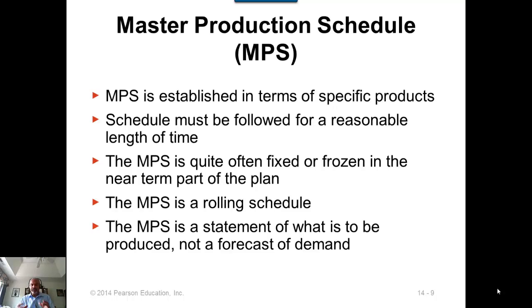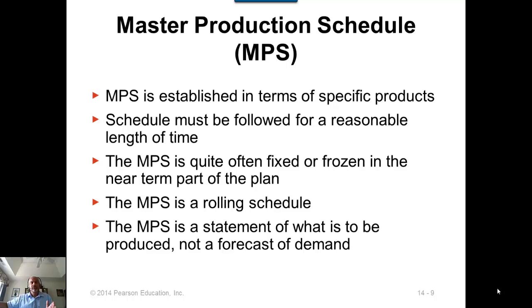The reason for that is if you allow changes in the first few weeks, those changes will snowball down into a lot of changes in the shop floor activities, and people will have no faith in the actual plans that are being implemented, because it keeps changing all the time. And this is called system nervousness. Small changes at the top will make a lot of changes at the bottom. So to avoid this system nervousness, you will freeze the first few weeks, 2, 3, 4, 5 weeks of master production schedule, and no changes are allowed in those weeks.